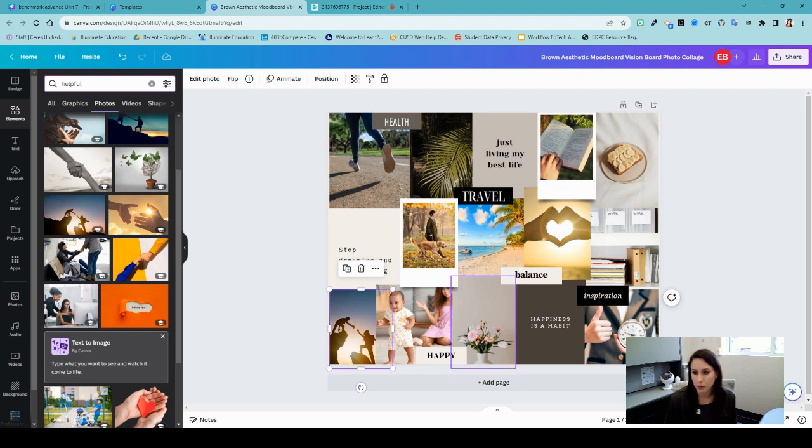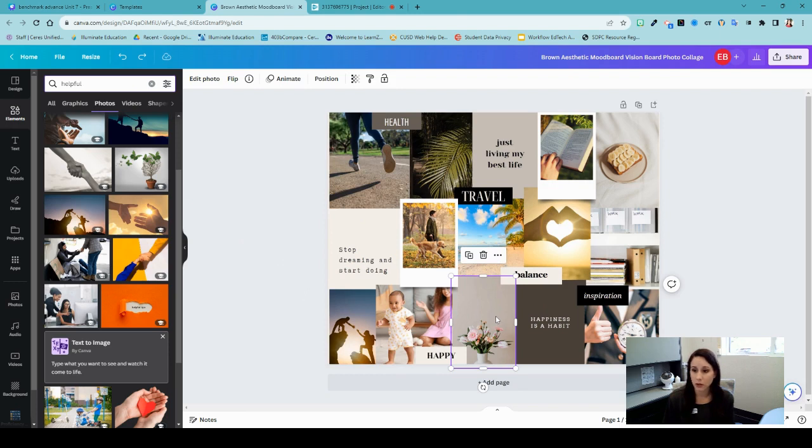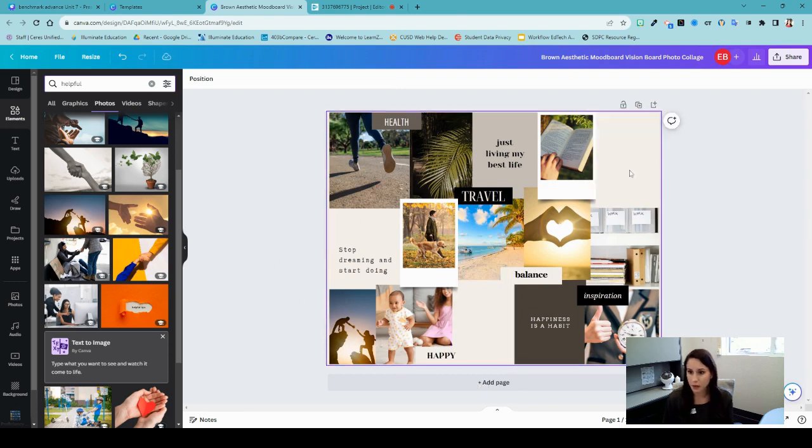I can either delete them, completely delete, and just not fill anything in for those 2 and leave it blank, or if I click the undo button, I'll get those photos back and keep looking. I think I am going to actually delete them and leave them blank, but feel free to use this undo button at any time. So now that I have all my pictures, I am going to start filling out the